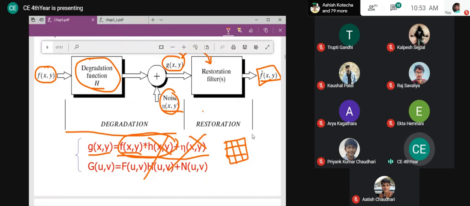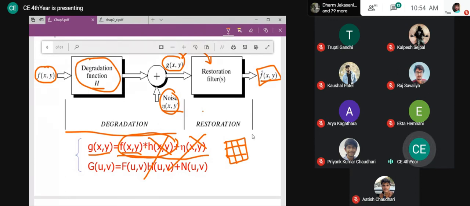Same way, for motion I will have some different window, but there will be a window which, if I scan through my entire image, will give me the impact of motion. So if I want to remove the impact of motion, I want to undo that scanning of the sub window. That is my ultimate goal. If you want to visualize that, you can use the blurring effect. If I'm missing the focus, I'm getting a blurred image. You can think of that blurred image as actually an original good image that was convolved with some blurring filter, and hence I have obtained this. So if I remove the impact of that blurring filter, then I can easily get my original image.